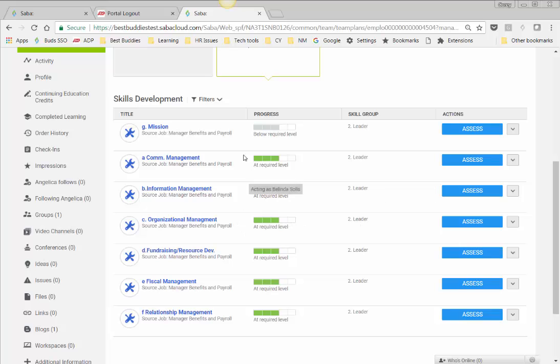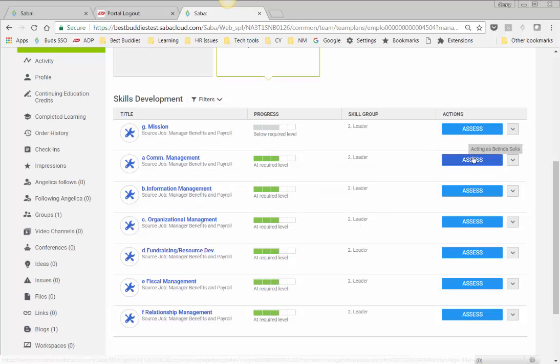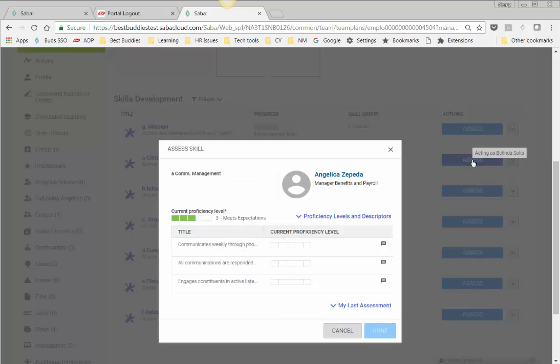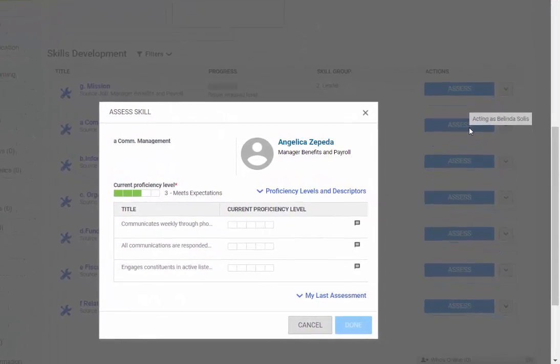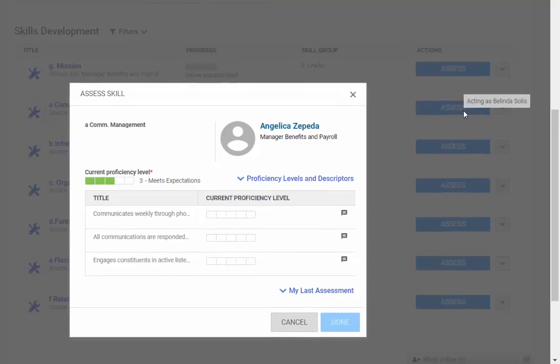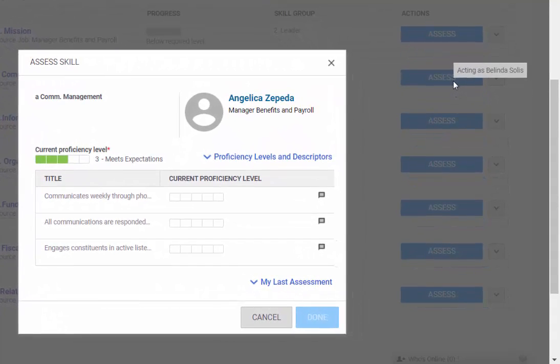Let's say I want to address her communication skills and I want to assess it. I'm going to go to assess, and I have a few behavioral indicators to help me decide if she is meeting her skill level in this area.